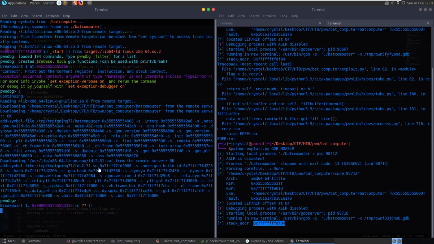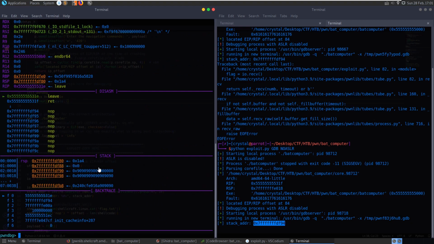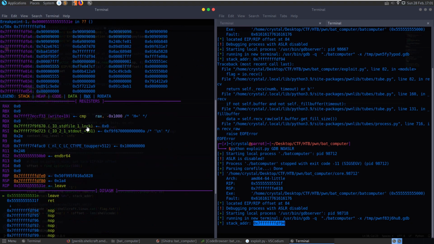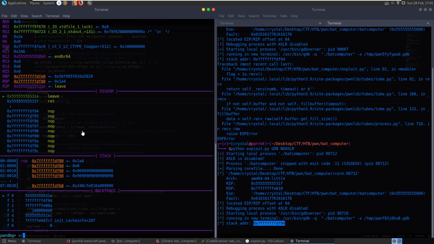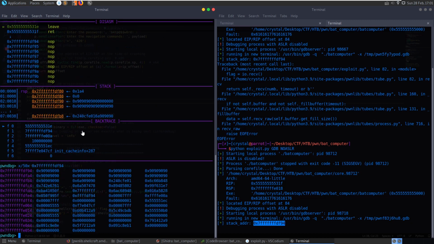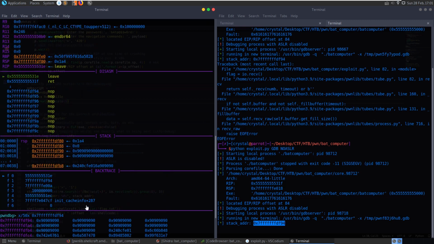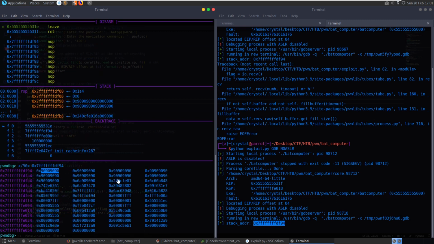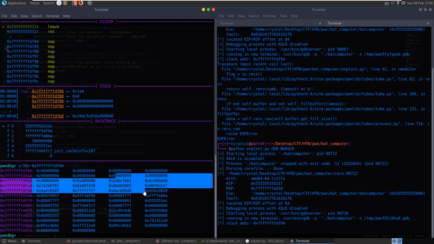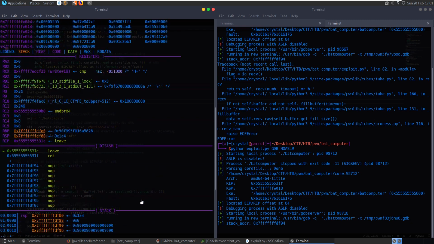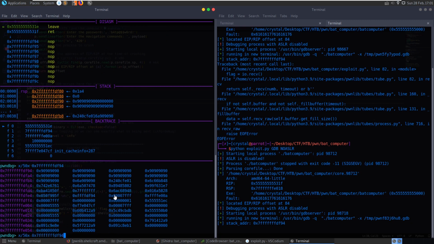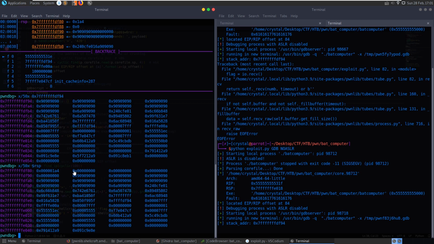So we can say x/50x and have a look what's in this address. So it's put in our NOP instructions, and then we have our shellcode. After that, we have here, we're just about to leave, so if we have a look now at, let's do x/50x of the RSP. So we have the RSP here,